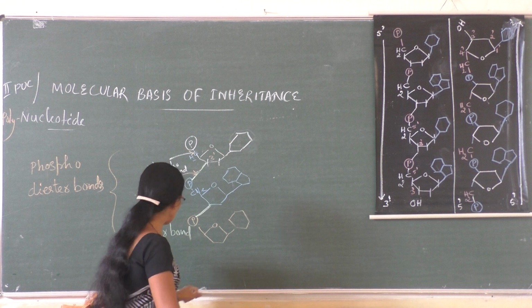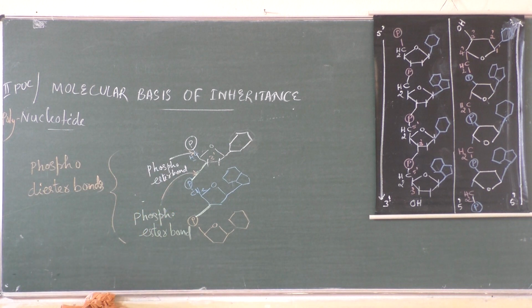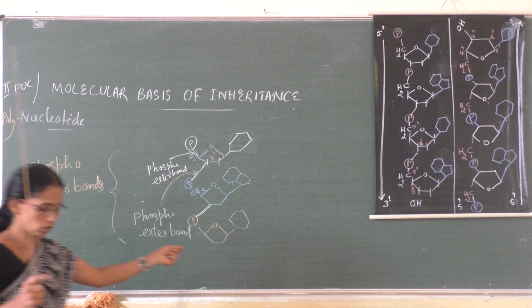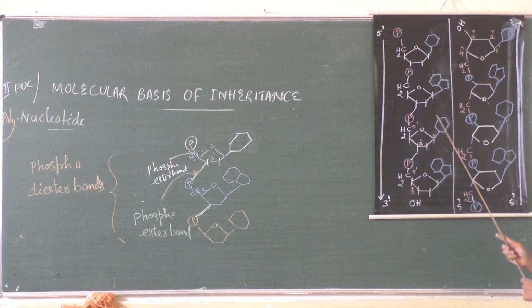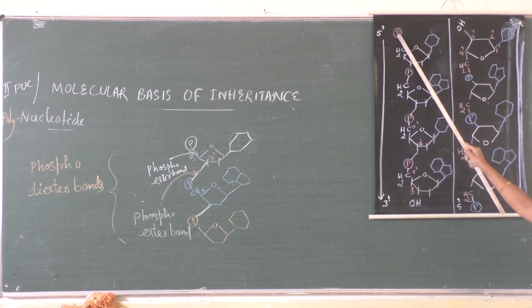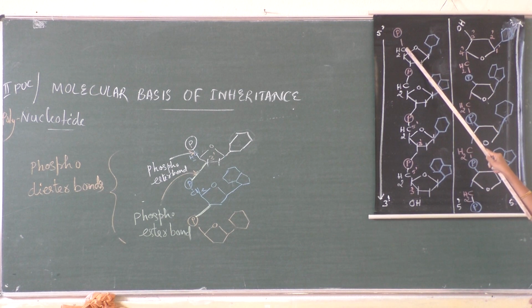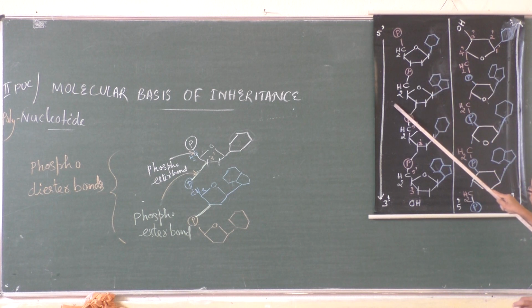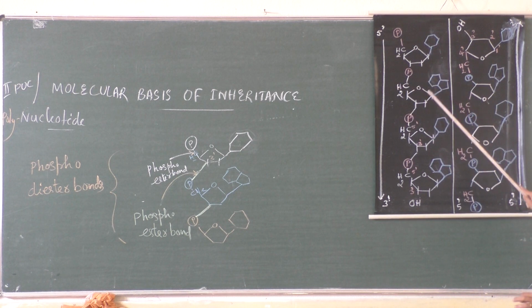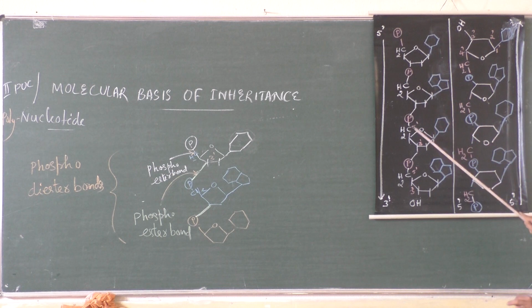So the same thing you can see, I have written one long chain here. Try to observe only this part. Say this is one: sugar, base, phosphate. What is this? This carbon, 5th prime. The 5th prime carbon to which phosphate is attached. What is this bond? Phosphoester bond. Go for another one. This is another nucleotide. Base, sugar, the 5th prime carbon of this sugar to which phosphate is bound. So this is another nucleotide. 1, 2, 3, 4 nucleotides.